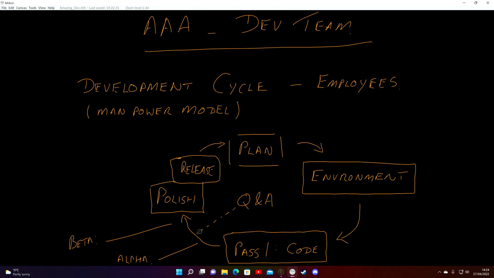Have you got that? So if you're thinking, we're going to develop a game and it's going to take 1 year, where do you want the most time? Who are the employees that cost you the most? It's the developers. It's pass one code at the bottom. The one thing that matters the least.